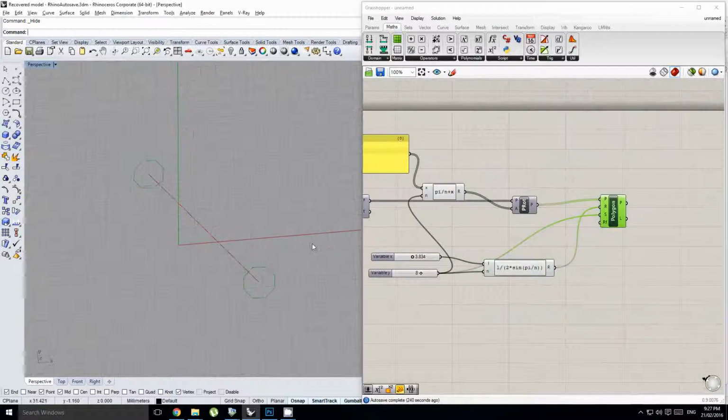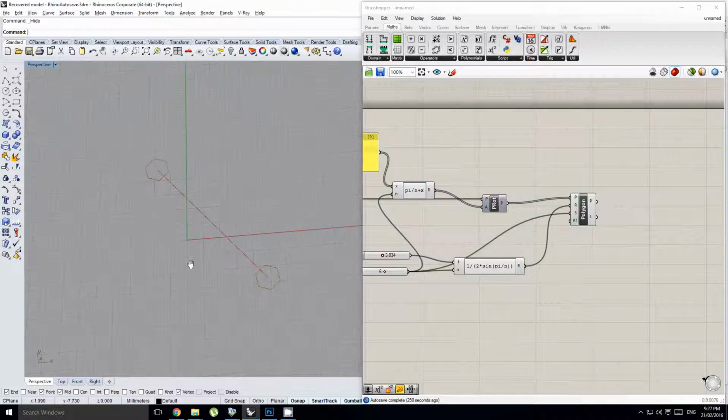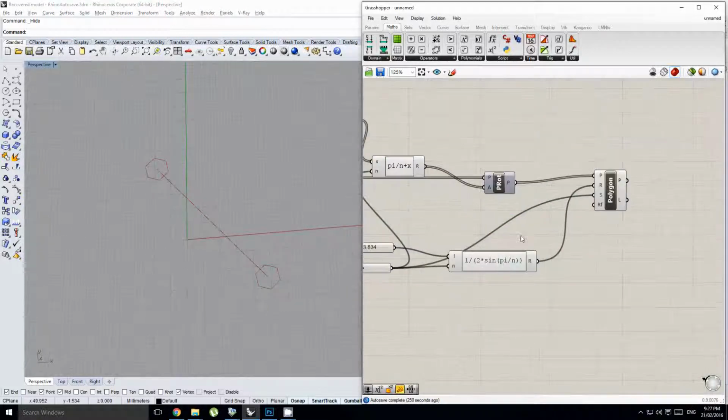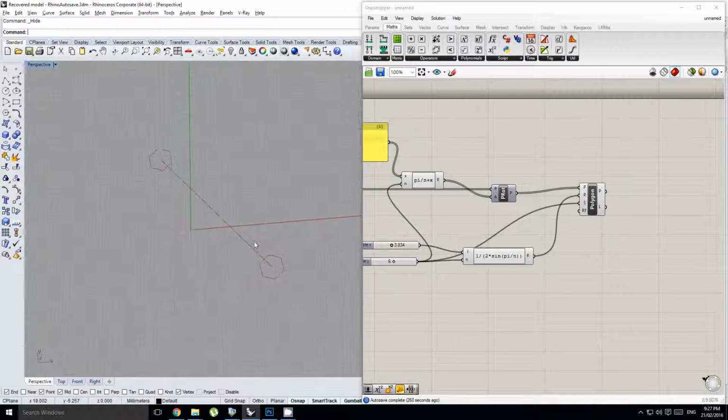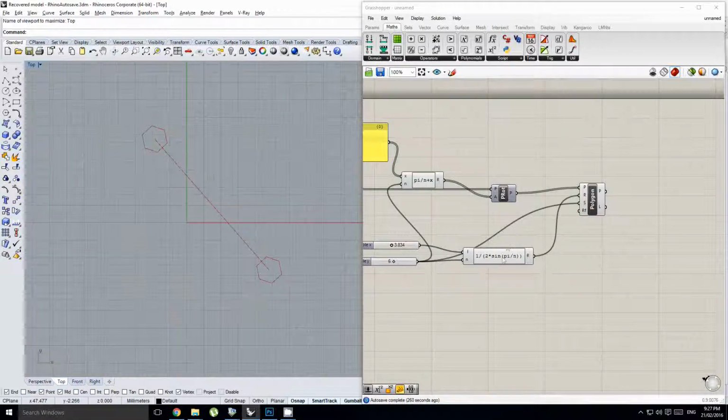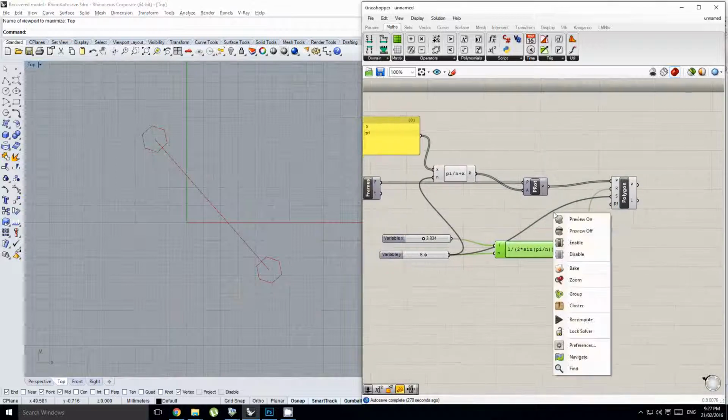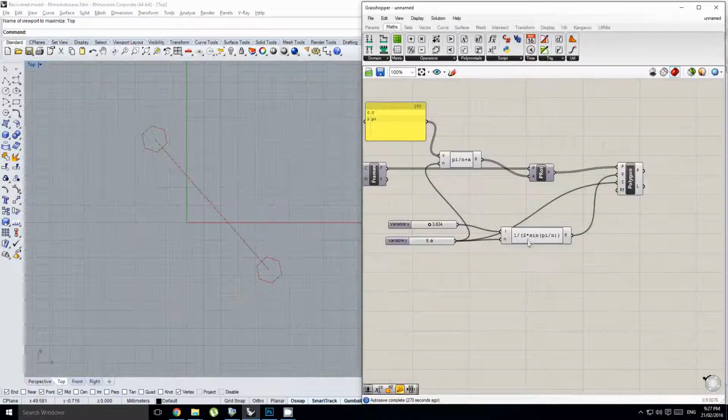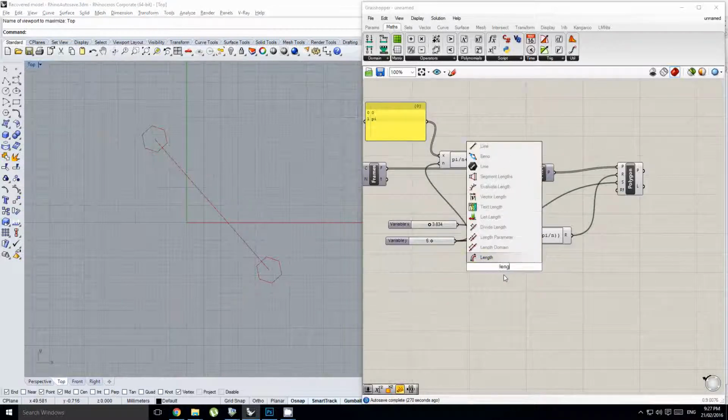Alright, let's see. Wait, what do we need to do next? So now we need to just create a surface, or another sort of curve to link these together. Okay, well now we can do this in a purely mathematical form. I'm just going to go to my top view, rather than deconstructing these curves and finding these corresponding endpoints and drawing a line between them. We could grab the length of our curve